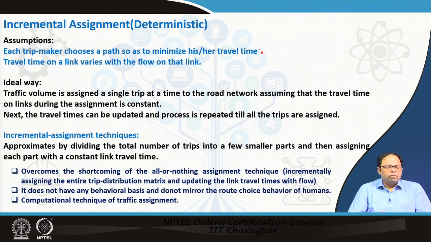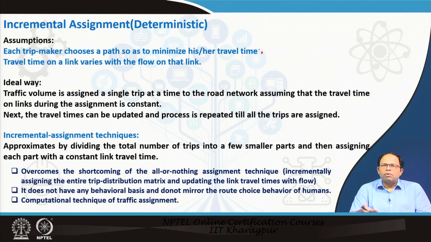So that means in the previous step, whatever you have done, you are assigning the entire interchange volume into a particular link if that link was in the shortest path. But over here, ideally we should have done it one trip at a time for the entire process, and then update the travel time in that link, because once there is an increase in the traffic volume, if it doesn't exceed capacity, then it will more or less remain the same.